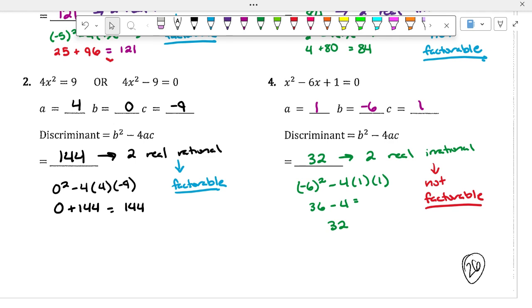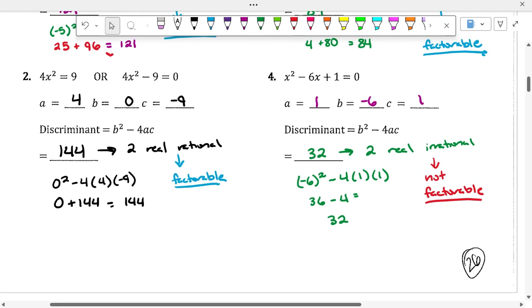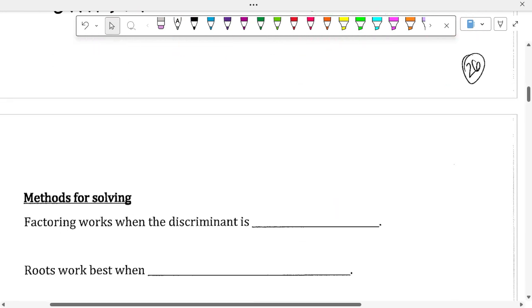This is posted in Canvas. Okay, I'm good. All right, you guys good? Because I gotta move on. Speak now, forever hold your peace. Yep. All right, so